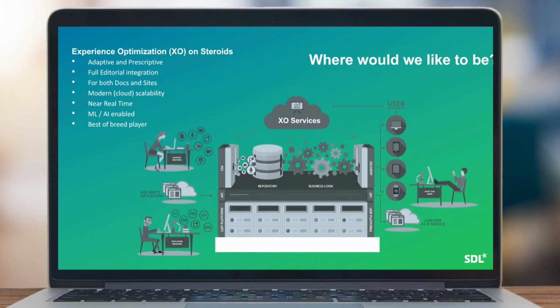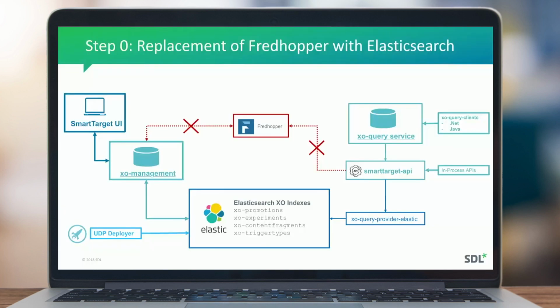At the same time, we really want to stay a best-of-breed player with personalization systems. The first thing that we did already is that we made the decision to remove Fredhopper out of the equation. That had a couple of reasons. Basically, we were tied in with Fredhopper, and the SmartTarget integration on top of Fredhopper was working well,